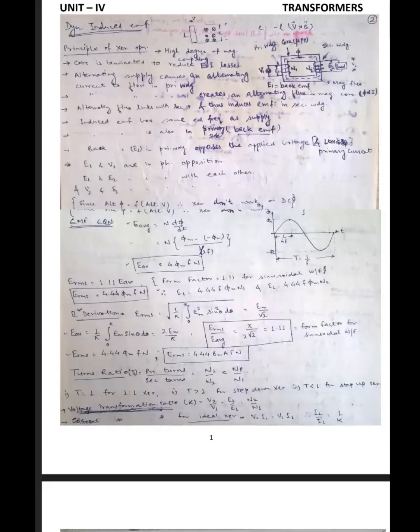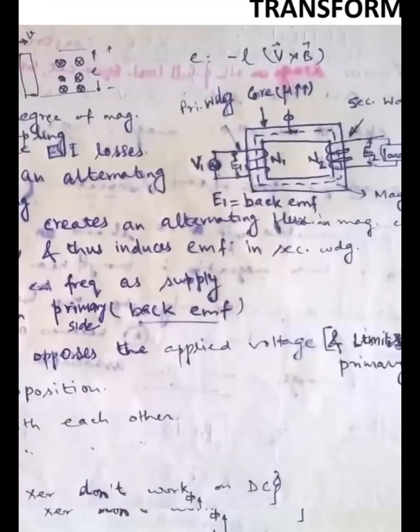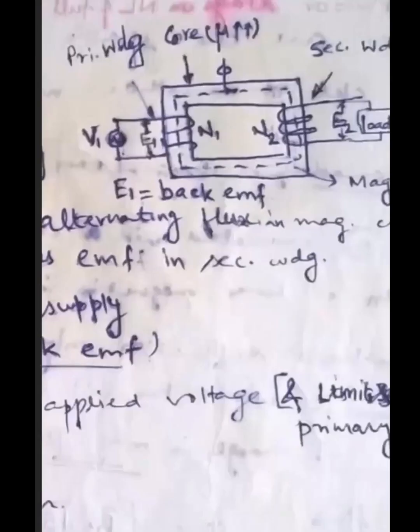Okay, so here the flux is moving, so you can say that the flux part is moving and the current is supplied and relative motion is there, so EMF is produced using the formula E is equal to minus dφ/dt. Okay, so this is the